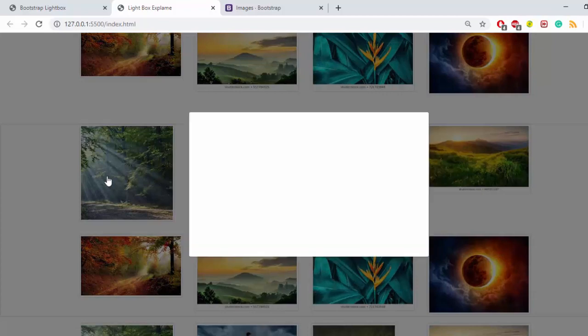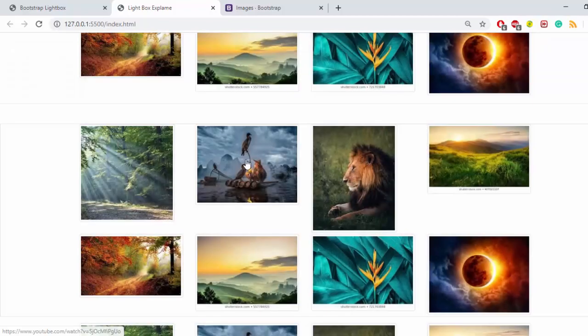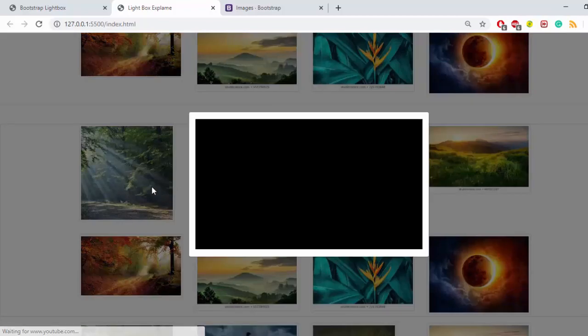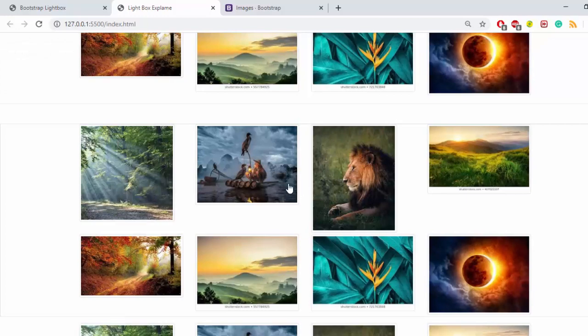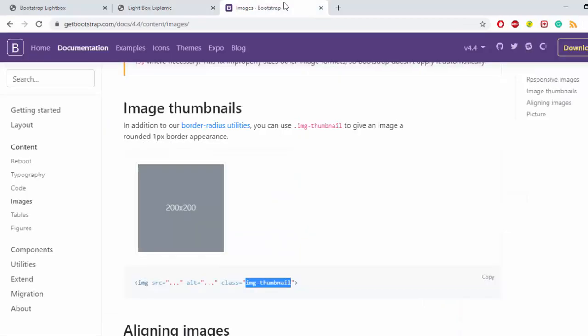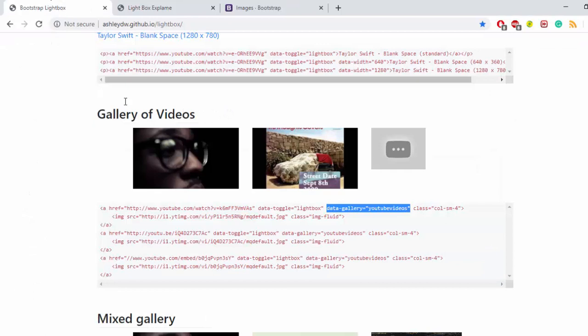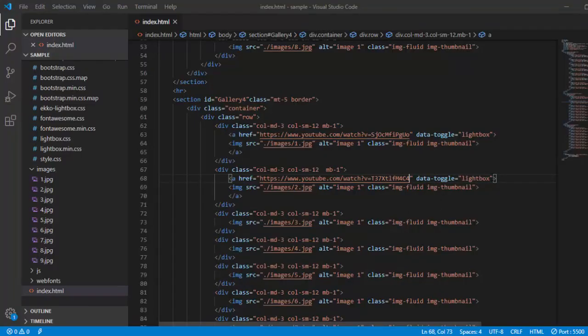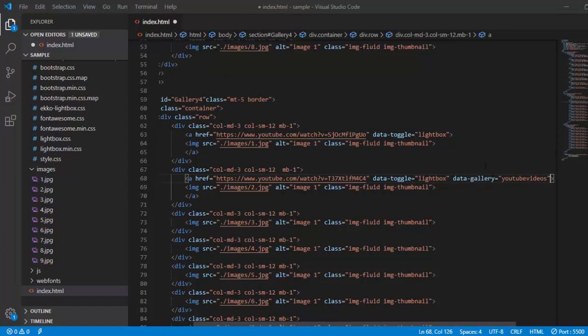If I click this, I'll get only one video, and if I click this, I'll get another video. If I want to make this a video gallery, then I need to add this small bit of data to it.